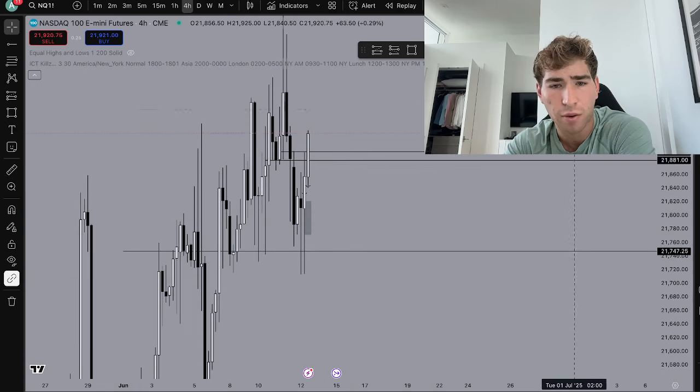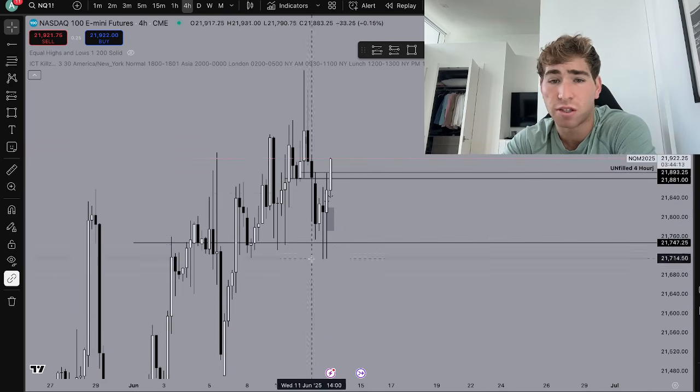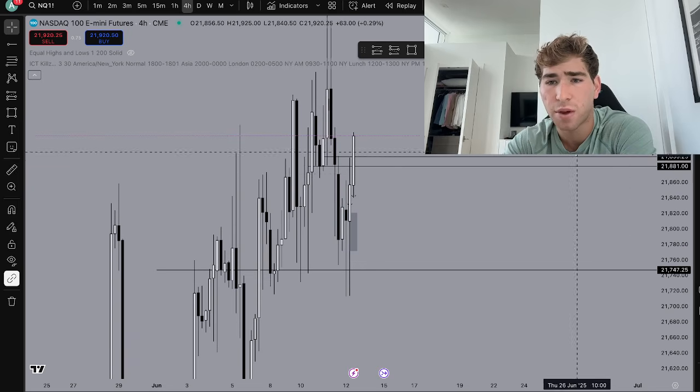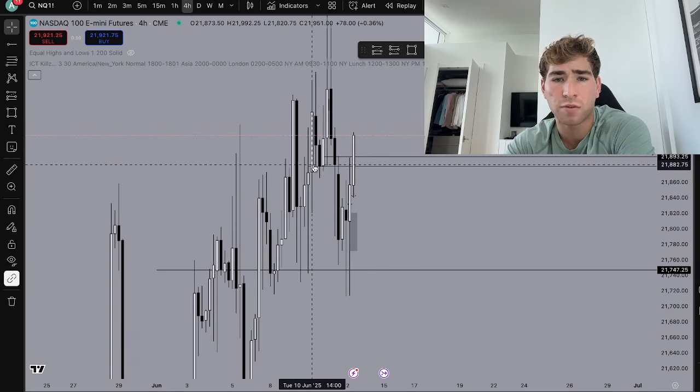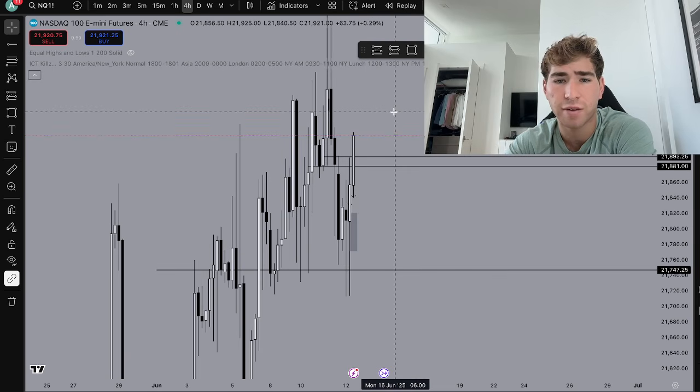Now let's look at the 4-hour. The 4-hour is still bearish. It's still bearish until this 4-hour closes in another 4 hours, right? All I see is that we have an unfilled 4-hour above us. We have this 4-hour breaker block. So if price wants to reject from somewhere on the higher time frame, it's going to be one of these